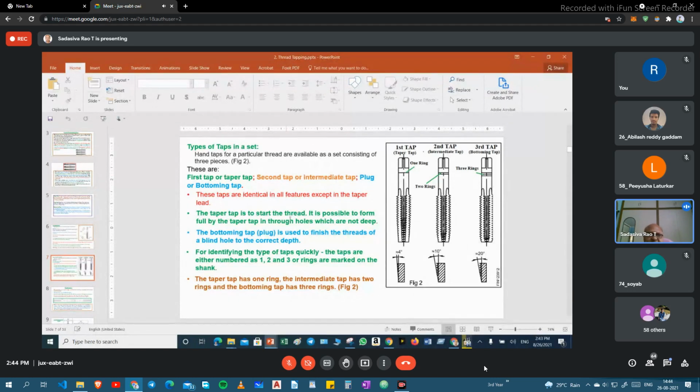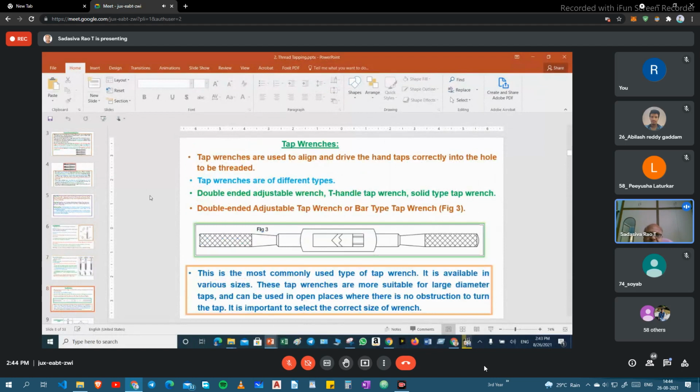This is the difference. And for tightening purposes, if the taps are bigger size, this is a tap wrench. By using this tap wrench, we will rotate the tap.